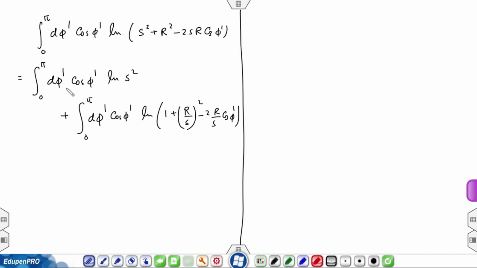The first term gives you 0. So, I am left with the integral